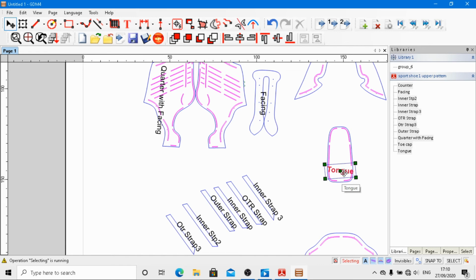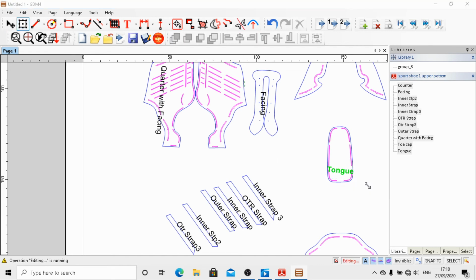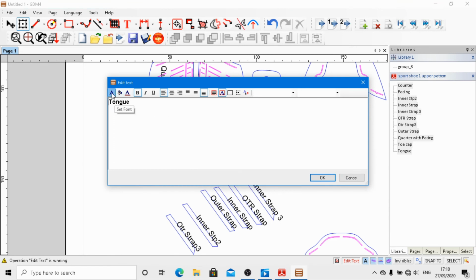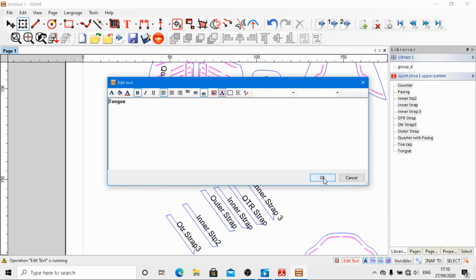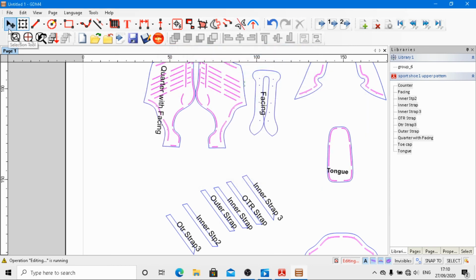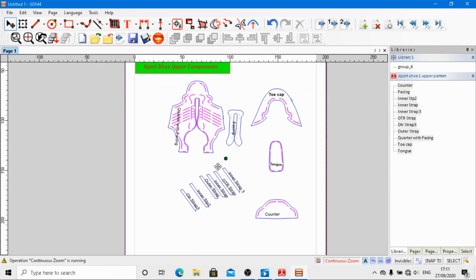If you want to resize it, you have to go to the editing tools, you left click and come to this, and you have to resize it as like a 10 and then OK. Go to the selection tool and left click over here and select the name of the text, and then you can rotate it as per your requirement and you can reposition it. Similarly, you have to